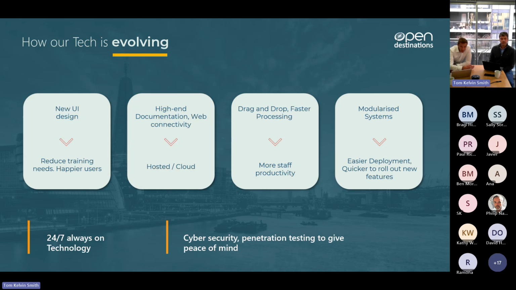We're very focused on delivering both beautiful and functionally rich customer documentation and online web content, improving the productivity of our customers' staff, whether that's through the improved user interface that we've talked about, for example, something like drag and drop itineraries, and then moving to an entirely modular ecosystem. So that allows us to make changes much more quickly, bring new features and functions to the market more quickly and more reliably, but importantly for our customers to reduce the overhead of upgrading and testing those new functions and